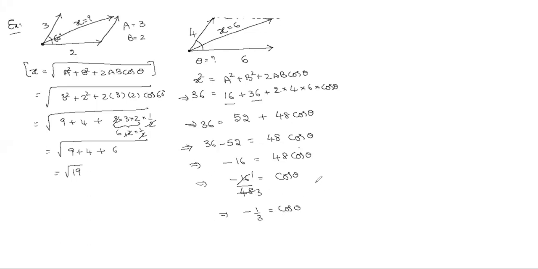Cos function is negative in second quadrant or first quadrant? Second, sir. Second means angle will be obtuse. Angle going into second quadrant means is it more than 90 or less than 90? More than 90. So can I conclude that here theta is more than 90 degrees, and I can write like this: theta is equals to cos inverse minus 1 by 3. Okay, right. So this is the final answer.